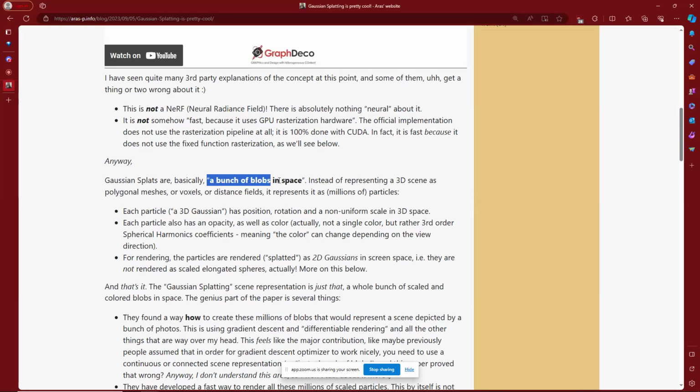So basically what they are, and he says it here, is a bunch of blobs in space. They're a two-dimensional primitive, basically a flattened version of a three-dimensional Gaussian distribution in space. They can be extended on different axes and go from perfectly spherical to something that is